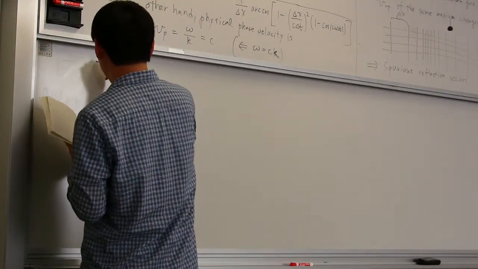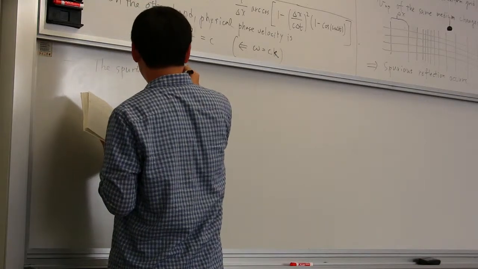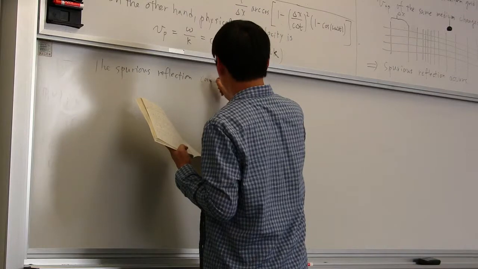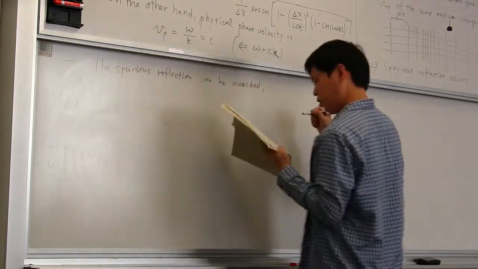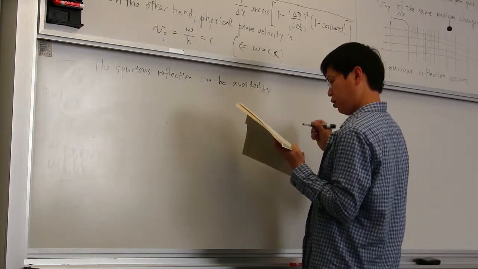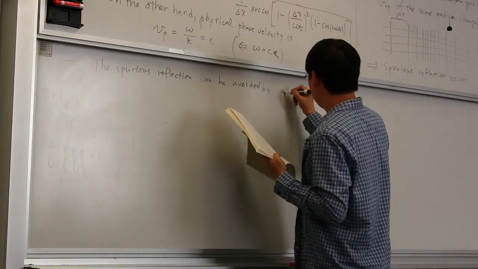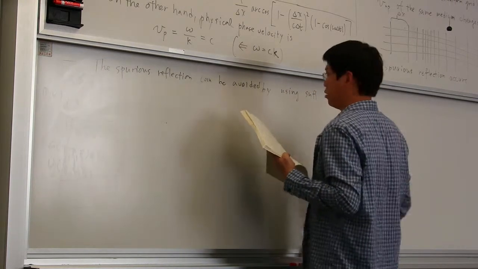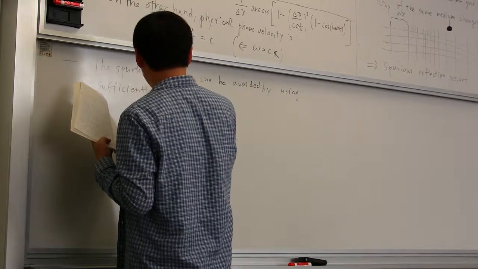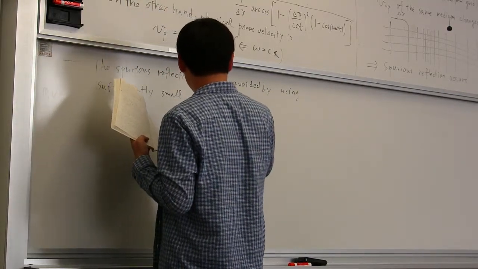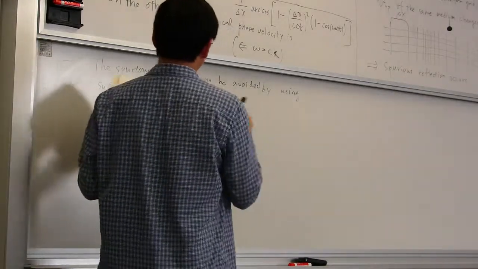So we avoid the spurious reflection by using sufficiently small delta x and delta t, because